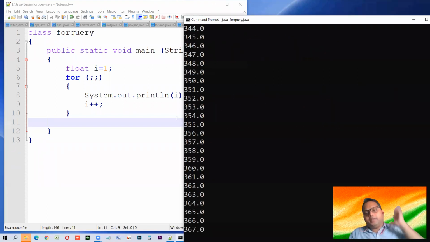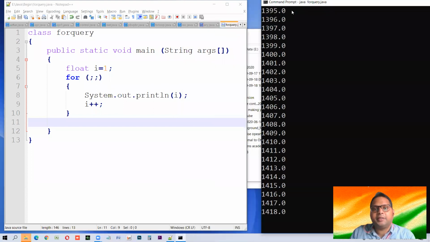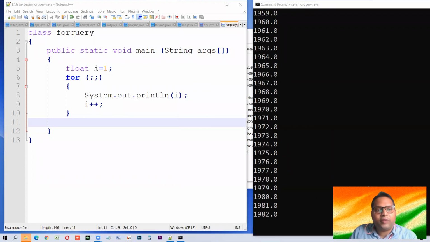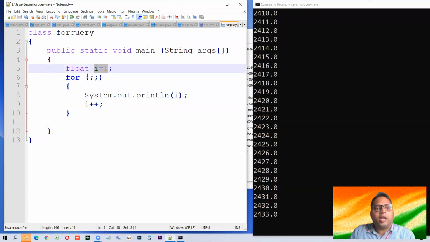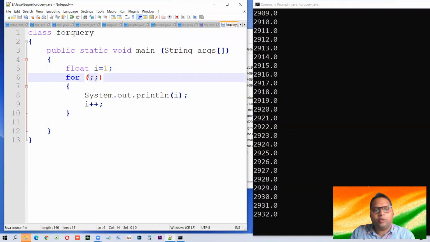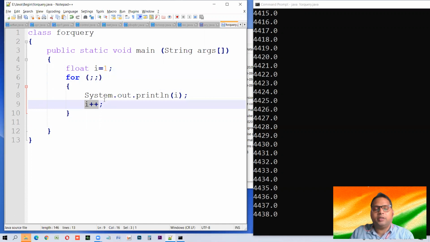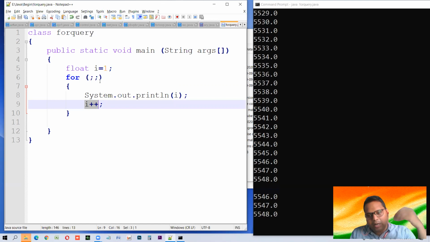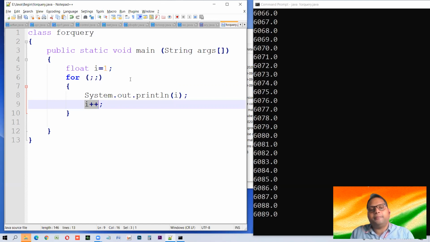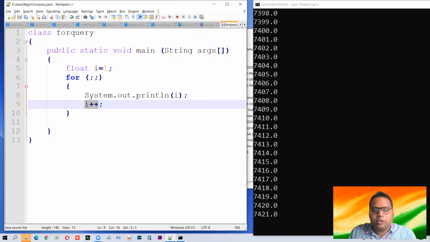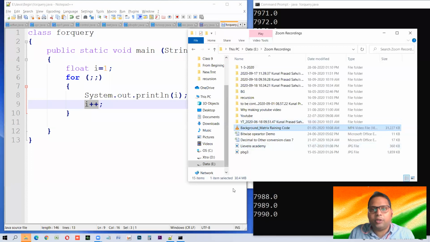It will keep on counting till the range of int. Why is it working like this? Try to understand, students. We have provided the value of I as 1. Now here a loop is given. No initial part, no target part, no increment part is given. Only this statement is given here, and I is incremented by 1. Since no true or false condition is given, it will enter the loop and keep on looping. This is also another example of a non-ending loop. So this is how we have resolved a lot of queries.